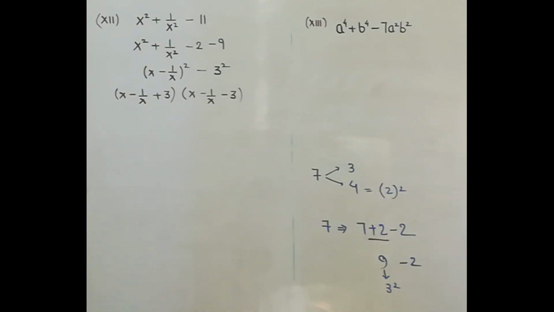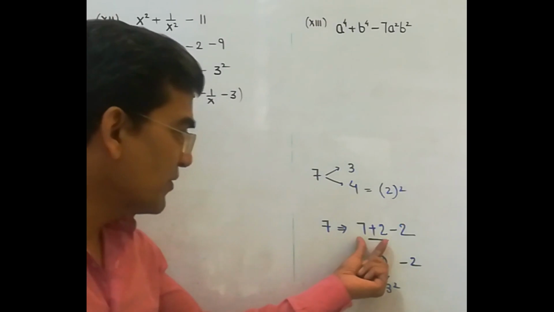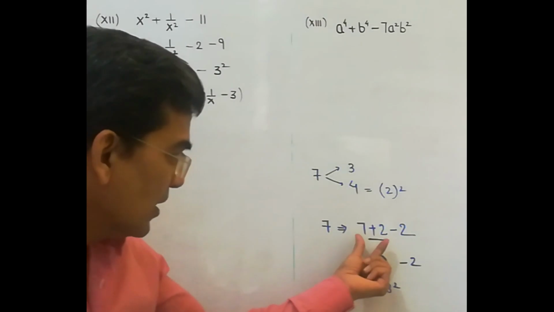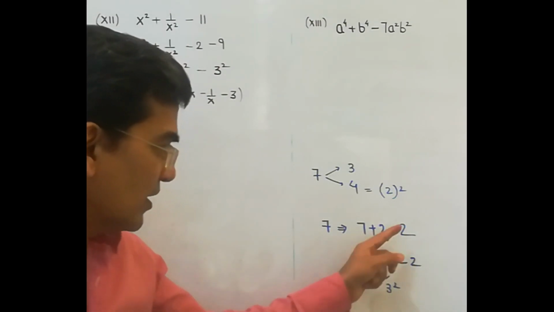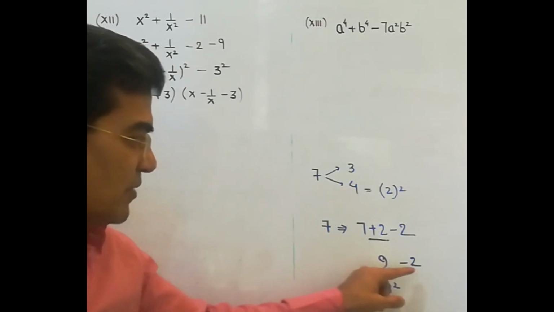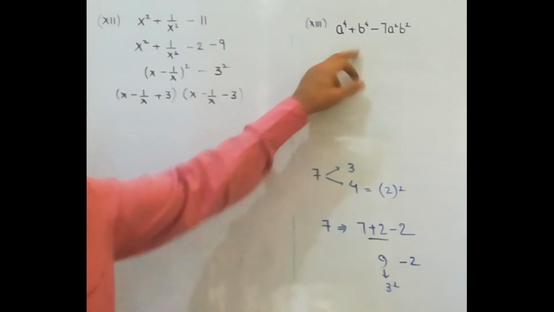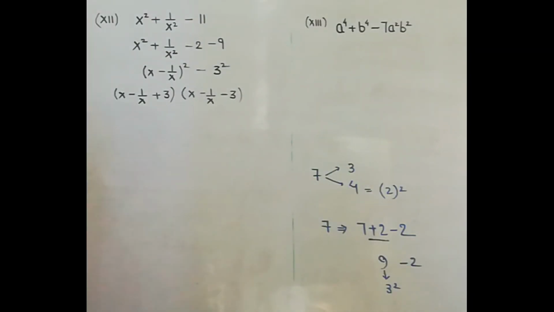Hope this is clear to you. Here we cannot break 7 in two parts. So what we did, in some cases you will be adding and subtracting a term so that the result is a perfect square as well as the remaining portion becomes a perfect square. See here, 7 can be written as 7 plus 2 minus 2. This plus 2 minus 2, if cancelled, makes it again 7. But now this plus 2 with 7 gives you 9, and minus 2. The result remains the same. 9 minus 2 is 7. But 9 is a perfect square. And this 2 taken with this gives you a whole square formula. So let's break it like this.